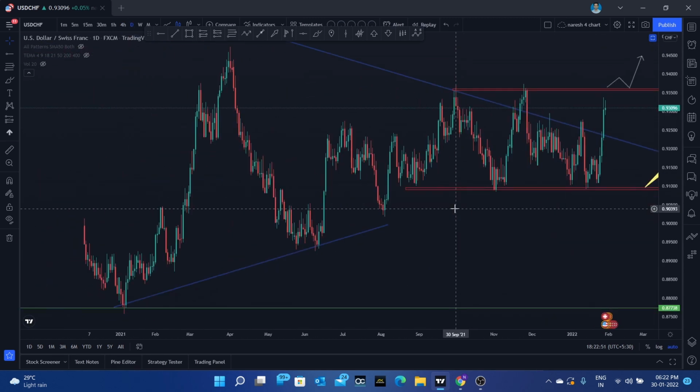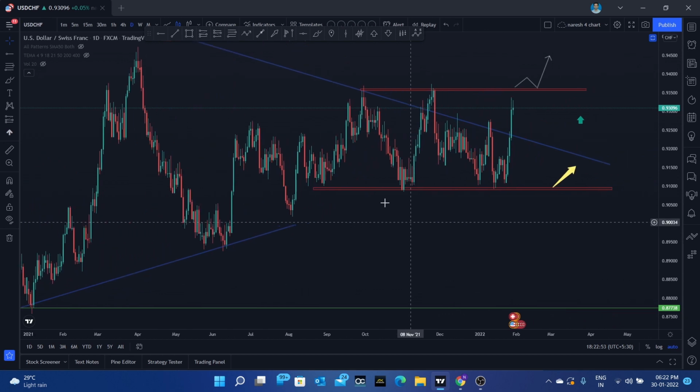So right now in 1 day time frame, USD CHF is in choppy zone. I would not prefer you to trade unless it is breaking this area, this resistance, and if it is moving up, you can go for long entries. Even then, don't trade if it is coming directly up, because the market is already stretched. Wait for some kind of pullback down.